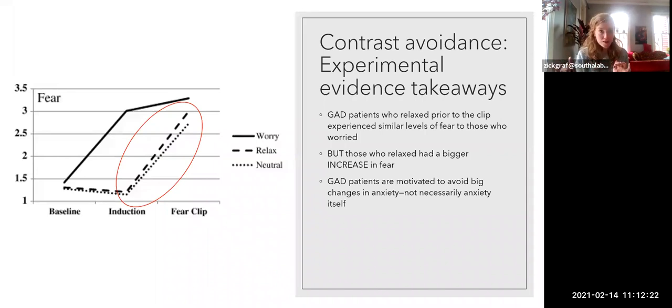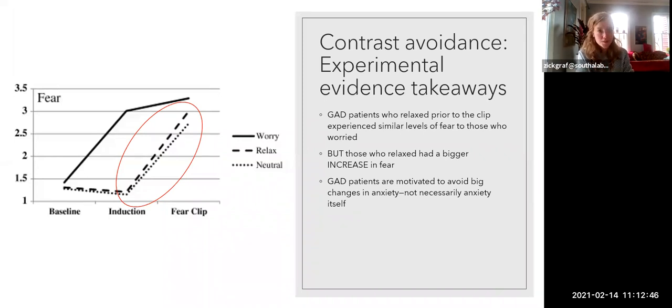It never goes away. People with GAD are always in their left brain thinking about negative things and scary outcomes. And that contributes to constantly elevated sympathetic arousal. So does the fact that the parasympathetic nervous system is not very good at balancing out and regulating the sympathetic nervous system. But the contrast avoidance model, and this is also consistent with the idea of worry as avoidant coping,